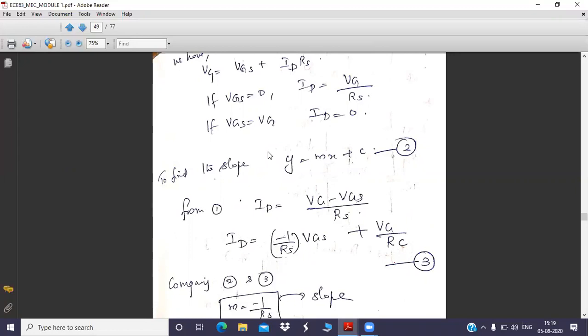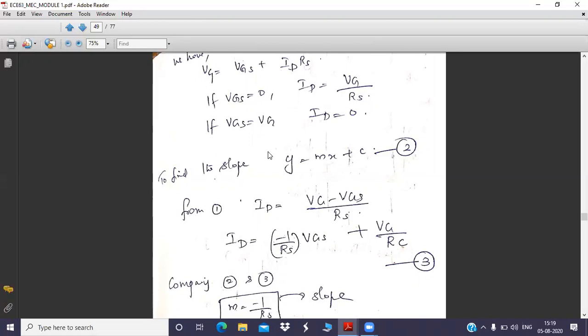So that load line will have a slope. I am trying to explain how you have to find that slope, because the slope is going to predict the stability of the Q point. Slope can be more or slope can be less. I want to convey whether you need to maintain more slope or less slope. So for that only, we are converting our load line equation into the second equation format, the conventional format of a line.